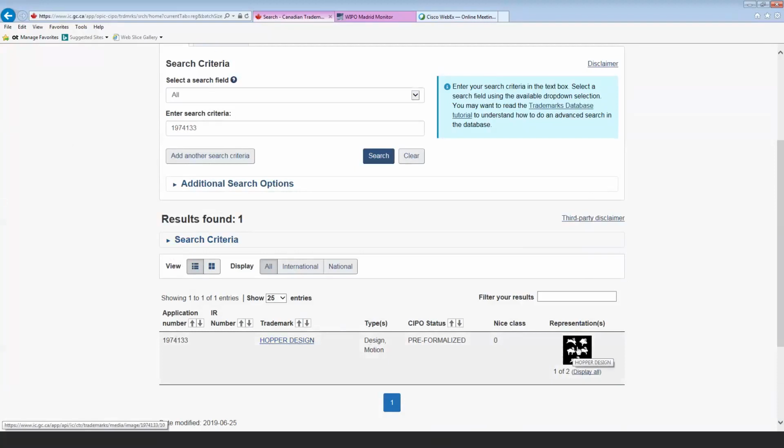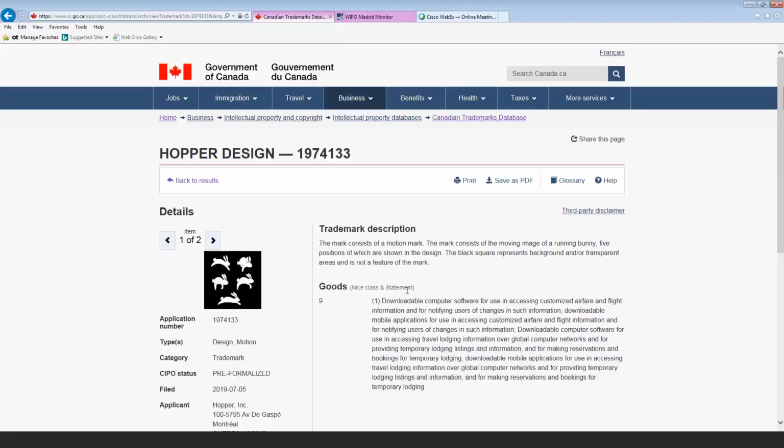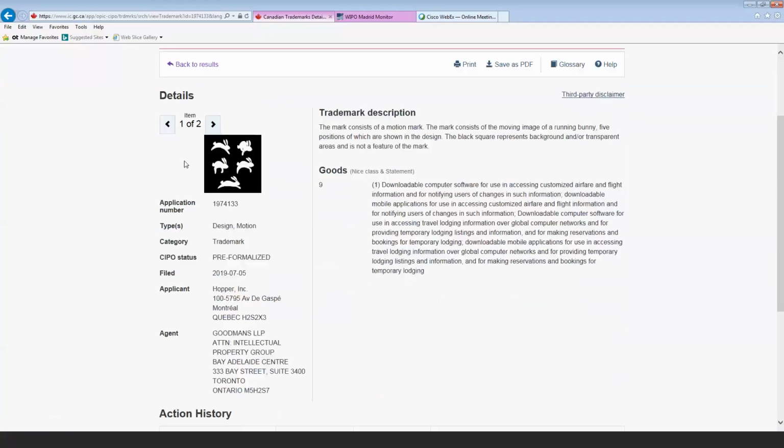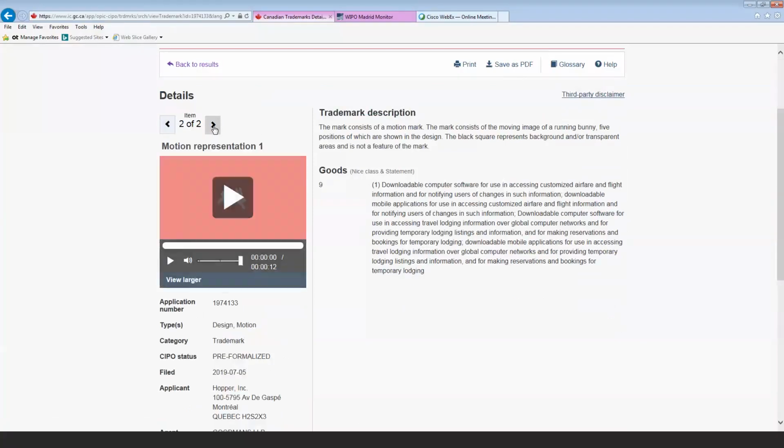I can see the visual representation. Now these are in no particular order when they're shown in the representation of the mark. But if I want to see all of the representations, I would just click the display all, which would then bring me to my details page. And you can see here I have one of two items. When I click through, I can see this is my motion representation number 1. If I click it, then you can see